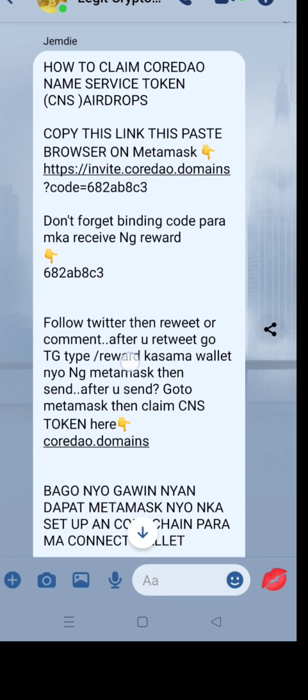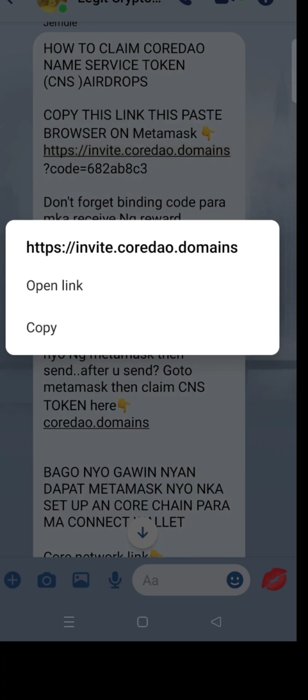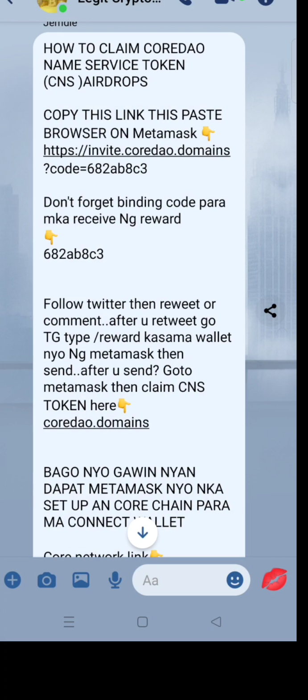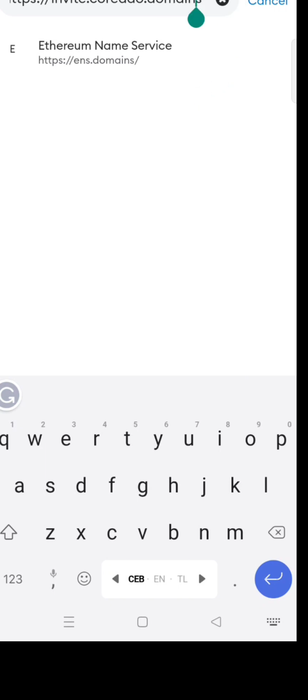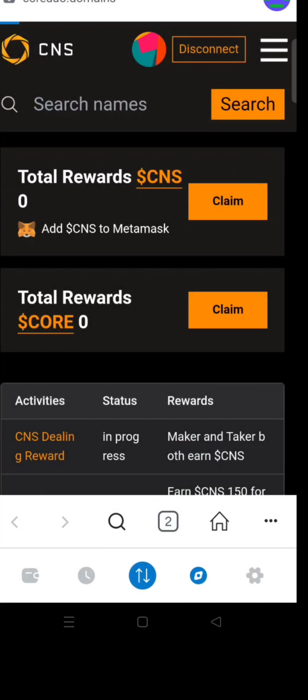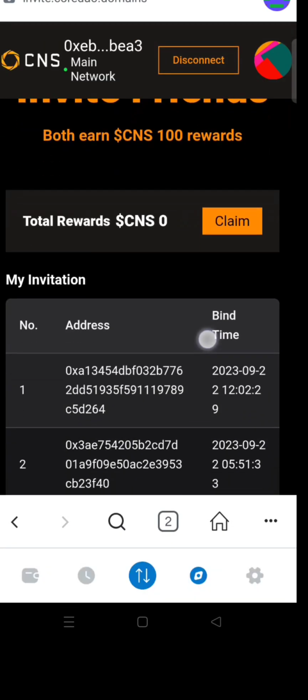Copy this one. Paste here. So the website is https invite.coredao.domains. Okay, then go. So you can see here, invite friend.